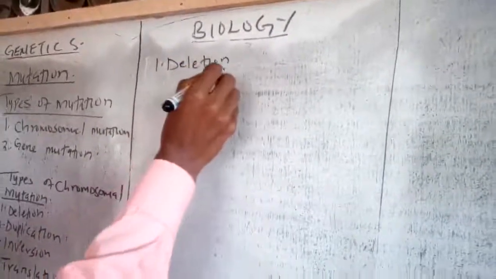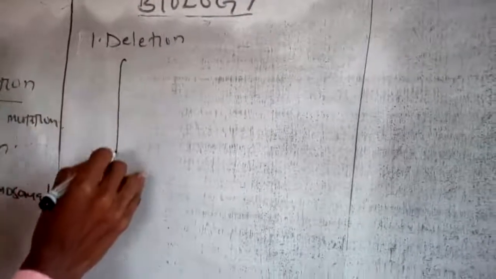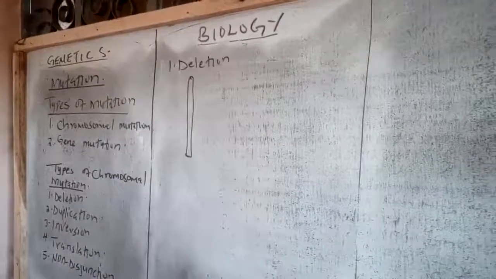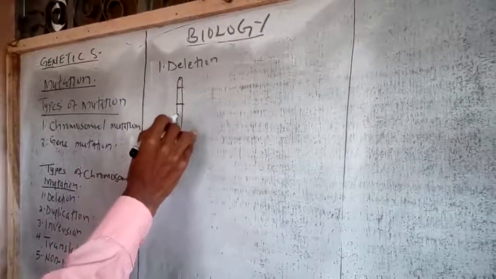And as far as deletion mutation is concerned, this occurs when some section of the chromatid breaks off and fails to reconnect to any of the chromatid. And therefore, deletion involves the breaking of a part of a chromatid, and after breaking, it fails to reconnect to any of the chromatids which are there in the living organism. And in this case, the section is said to be deleted, and therefore this is what we refer to as deletion.